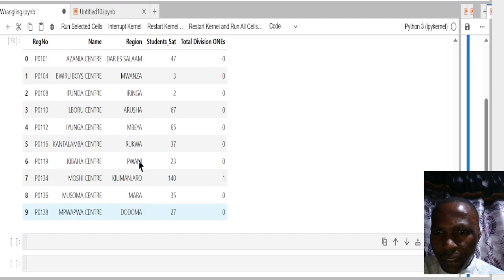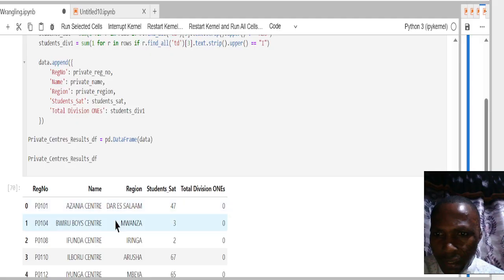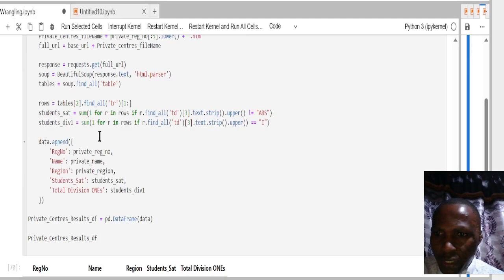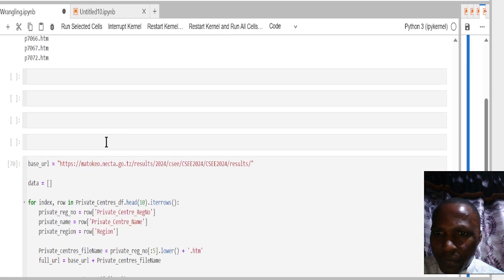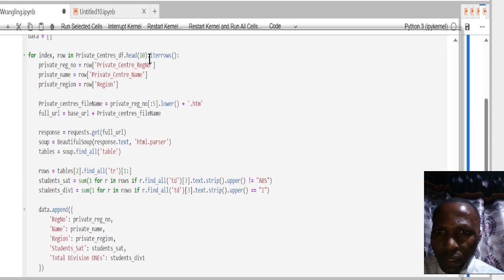Yes, is this real? This is very real. Since Tanzania, Dar es Salaam, if you go to the website, you will find that the students who sat for exams are 47, and the division 1s, no division 1s. So let's fetch throughout the whole